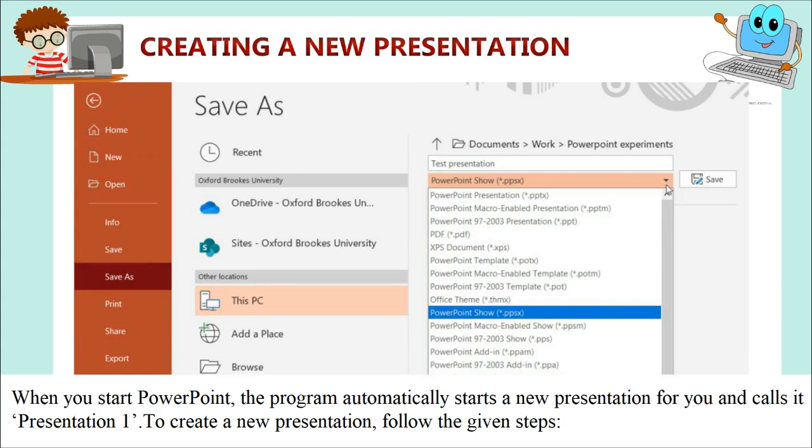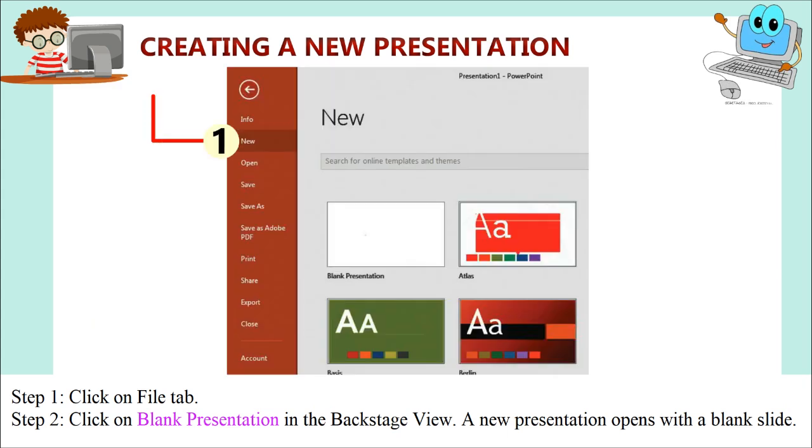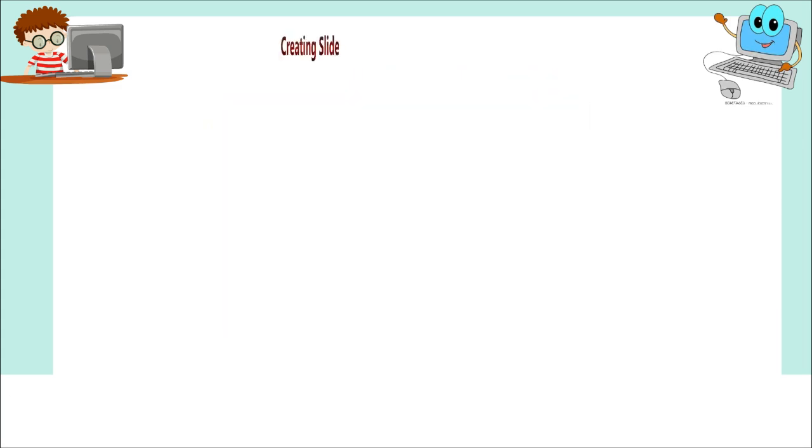When you start PowerPoint, the program automatically starts a new presentation for you and calls it Presentation 1. To create a new presentation, follow the given steps. Step 1. Click on File tab. Step 2. Click on Blank Presentation in the Backstage view. A new presentation opens with a blank slide.